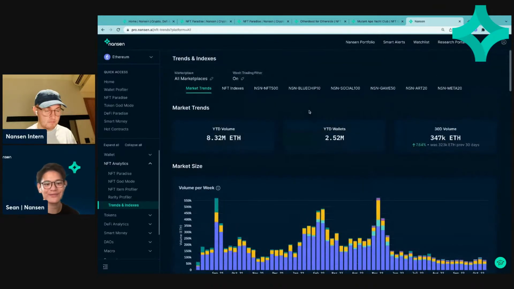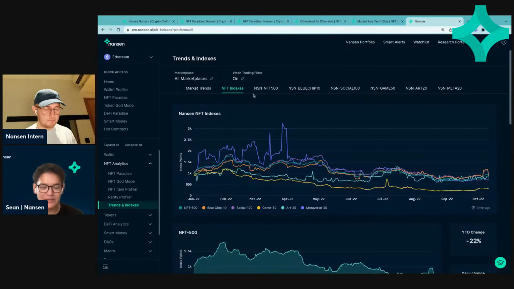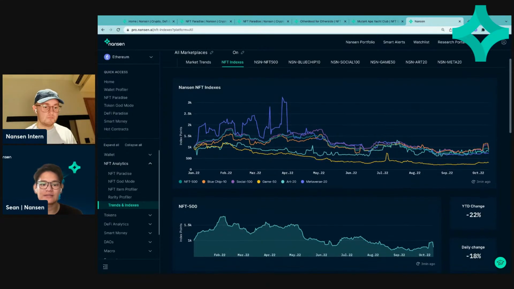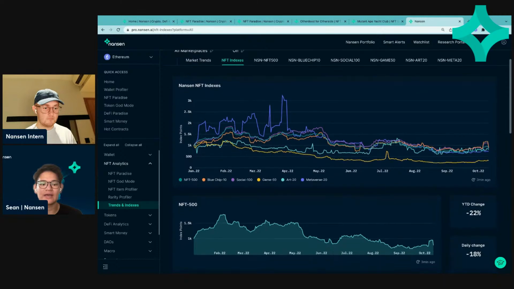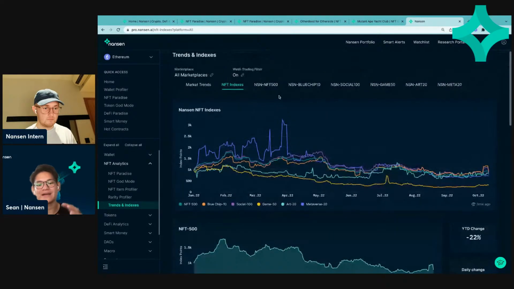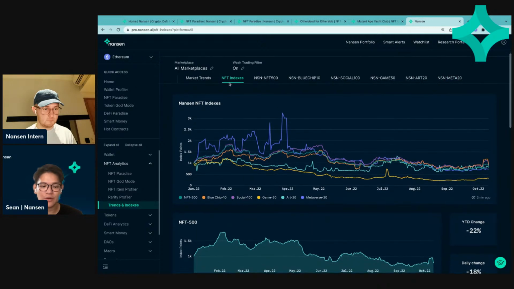Not yet. Yeah, here, so we'll jump into indexes. NFT indexes is something that's really proprietary to Nansen. Every quarter we rebalance these NFT indexes by looking at some of the different baskets, very similar to how your S&P 500 works. We classified them into blue chips, social NFTs, game NFTs, art NFTs, and also metaverse NFTs. So if you pop over right to the